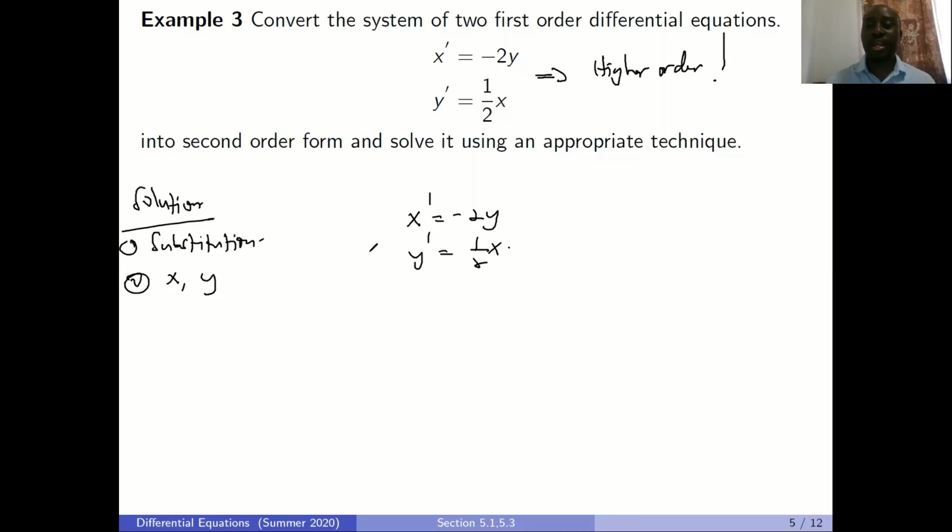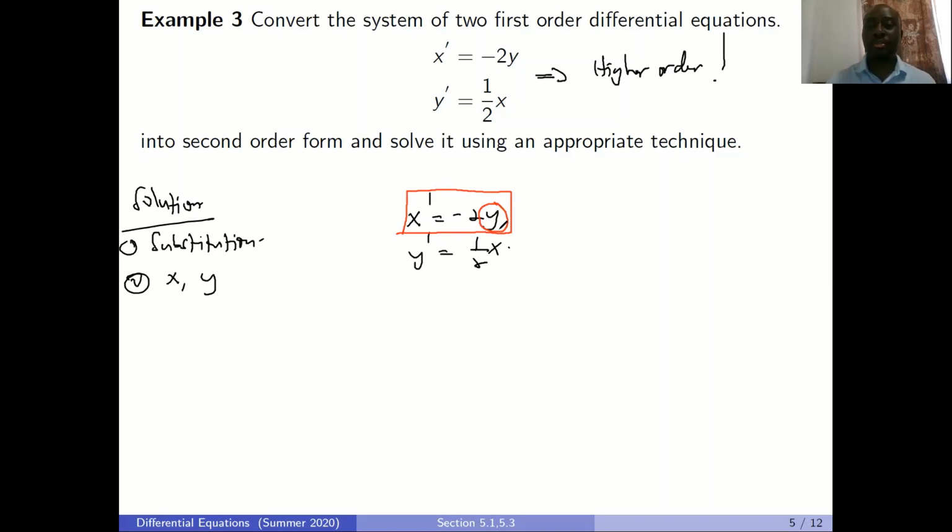Right? And so if I decide that I want to convert this to a higher order equation in terms of x, then what I would do is to focus on the equation involving the derivative of x. And then I'm going to try and make a substitution for y to get rid of the y in this equation. Right? Now, since I have an equation for the derivative of y in terms of x, if I want